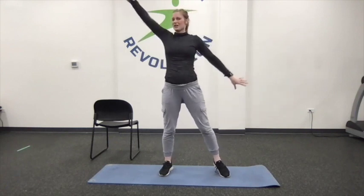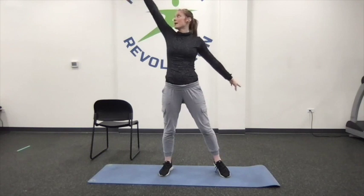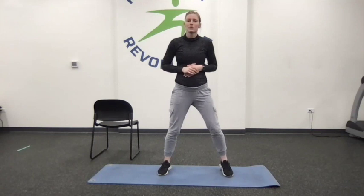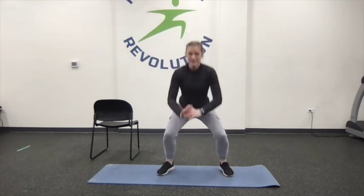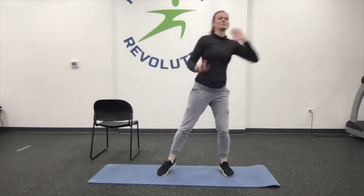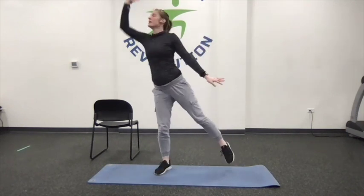Now you're gonna look up, you're gonna try and extend those arms as well, looking up, extend those fingers. Are you ready? Last one of the day. Here we go. We're going down, reach, 1, down, try and get as low as you can, squeeze those glutes, 2, down, 3,